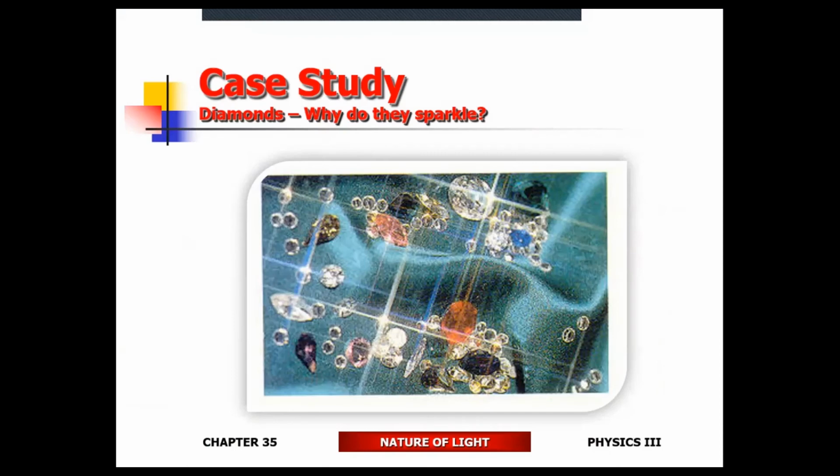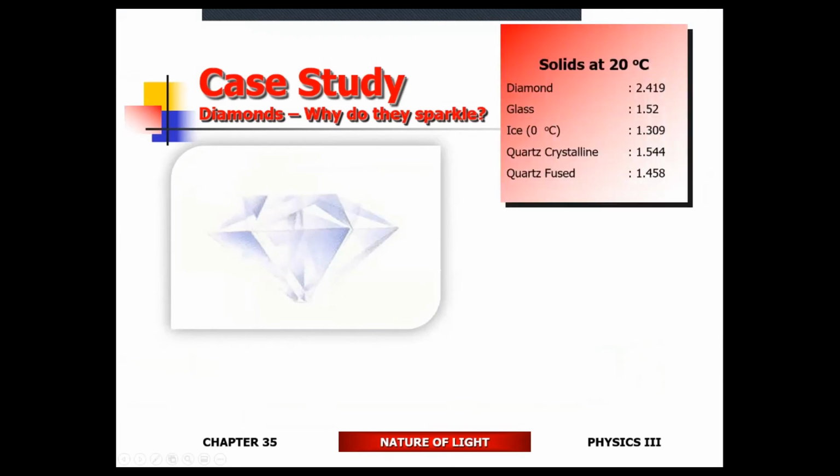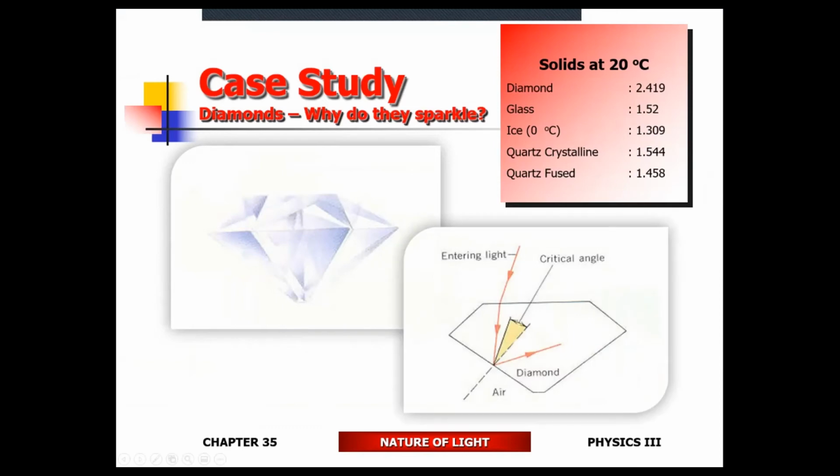So why do they sparkle? Or why do they look sparkly? The sparkle is what you experience if you're looking at escaping light from the diamond, in essence. If you keep looking at it at the same angle without moving the diamond back and forth, it's only going to look shiny. The reason why diamonds sparkle, or look shiny depending upon how you're looking at it, is because they're really good at capturing light. The reason why they're good at capturing light is because they have very small critical angles. Their critical angles are extremely small.